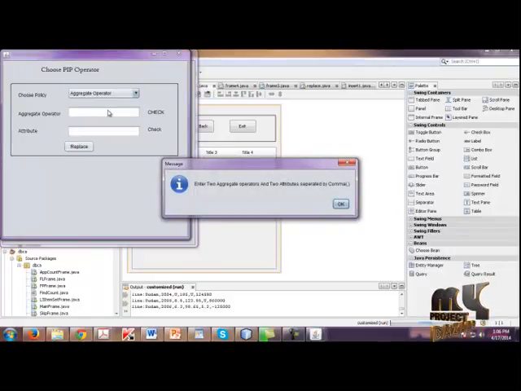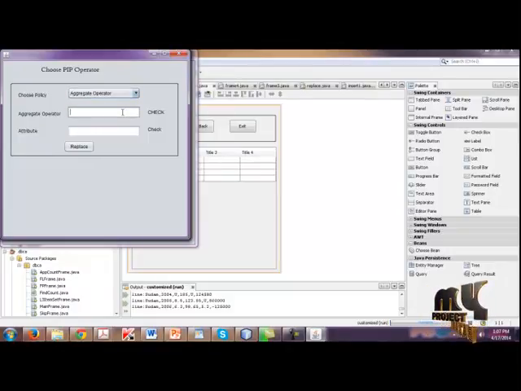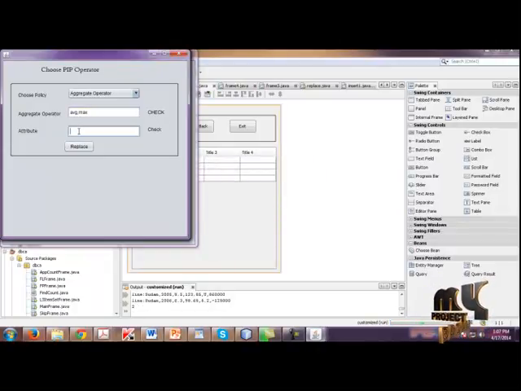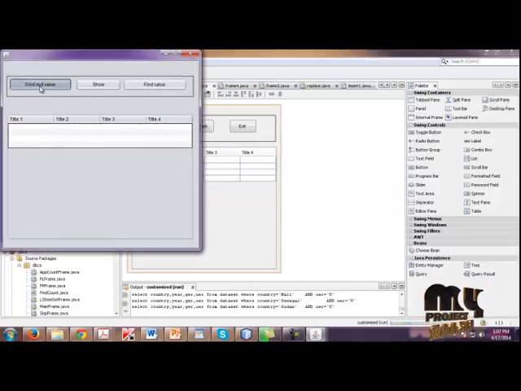If it is the aggregate operator, we need to insert two aggregate operators and two attributes, each one separated by a comma. Then I will give the aggregate operator, check, correct. Then the attributes UER, comma, country. Then check, correct. Then replace, find null value.